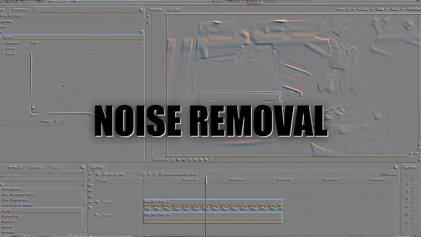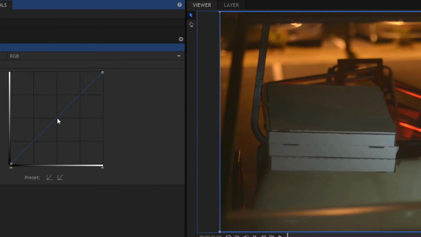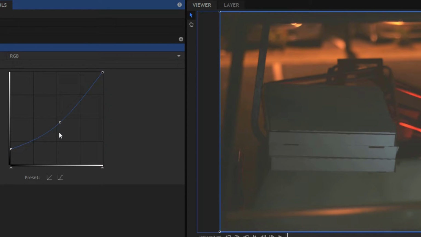It's easy to get noise or grain in your video, but surprisingly, some of it can actually be removed in post. Your editing program's built-in denoise effect probably isn't very good, so there are programs like Neat Video and Red Giant Denoiser. But if you don't want to spend money, there are a couple of tricks you can use to remove noise. Firstly, if you add a curves adjustment to your footage, then darken the midtones a bit and raise